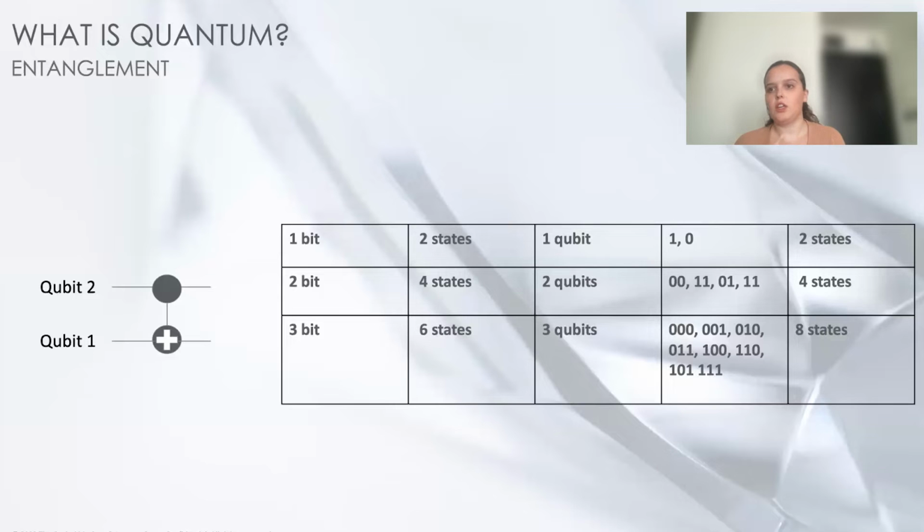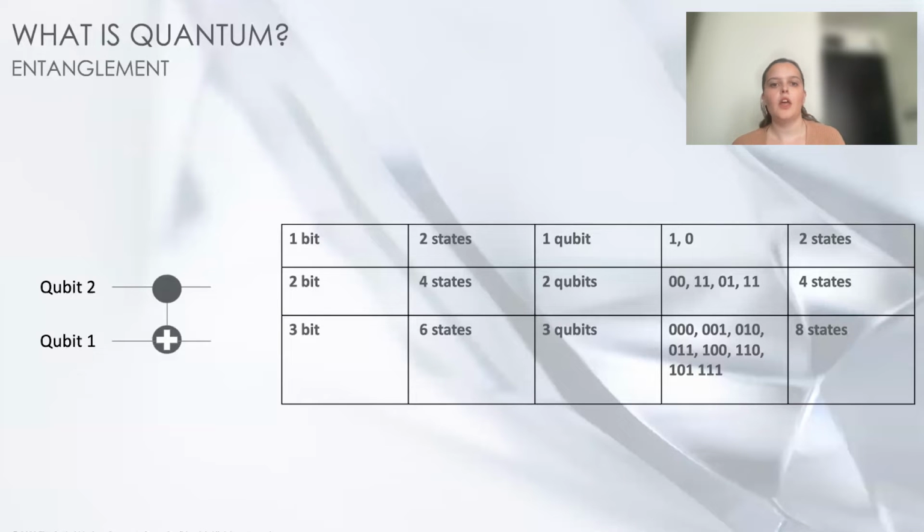So we do that by creating some kind of connection between the two qubits. And I will talk a little bit about how we create that connection later on during the call. But it's the idea of saying, well, if qubit 2 is in the state of 1, then qubit 1 will also be in the state of 1. So it is this idea that everything is linked together, which is what is very, very powerful about a quantum computer. And what that is able to do is expand the number of computational states which are